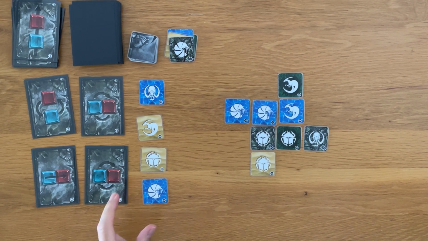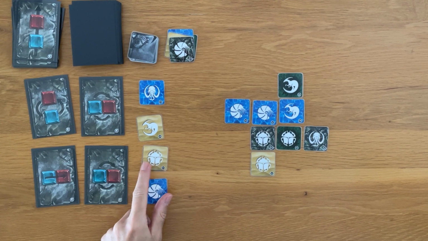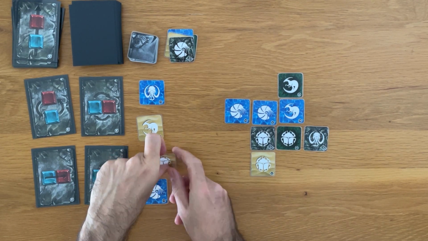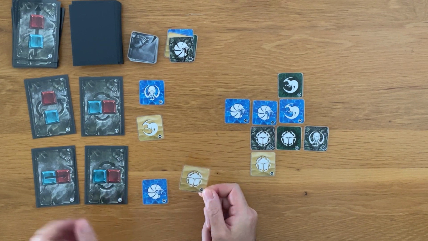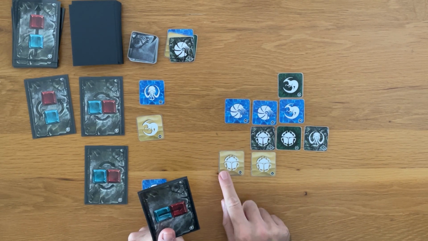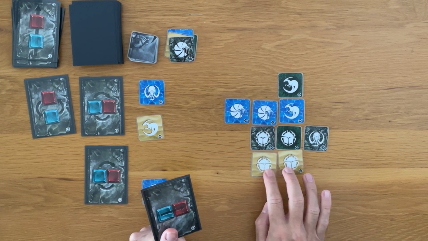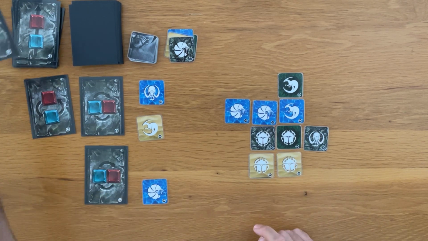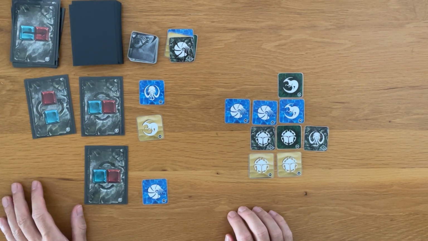Oh, maybe I'll just go with the bug. So if I get this bug, I can take the right move. If I play it there, they'll both shift over there. That gets me a nice bug block. And then I'll throw out,